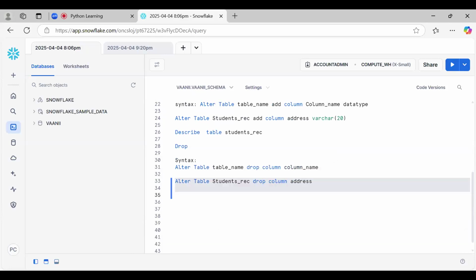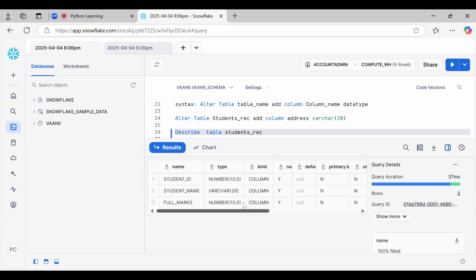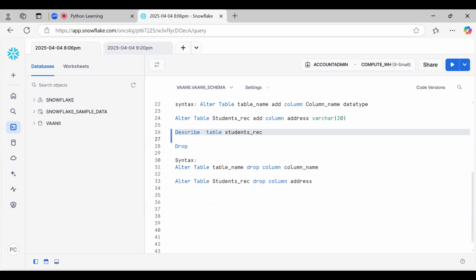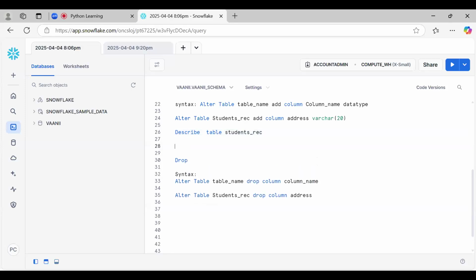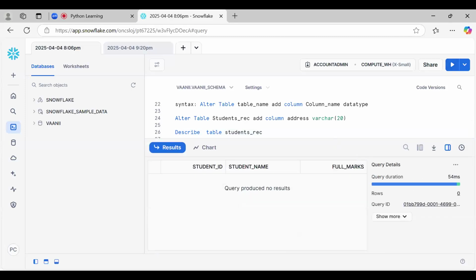Again, we can run this. Now, if you see, only three columns are there: student ID, student name, full marks. Either you can use describe table to check, or you can use the select command also. But better you use describe. It will give you all the details of data type and everything. See here also you can see only three columns.